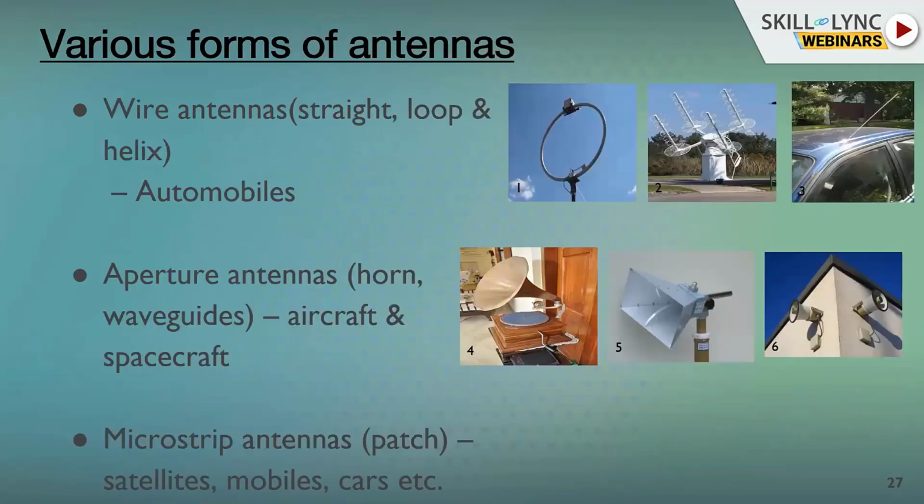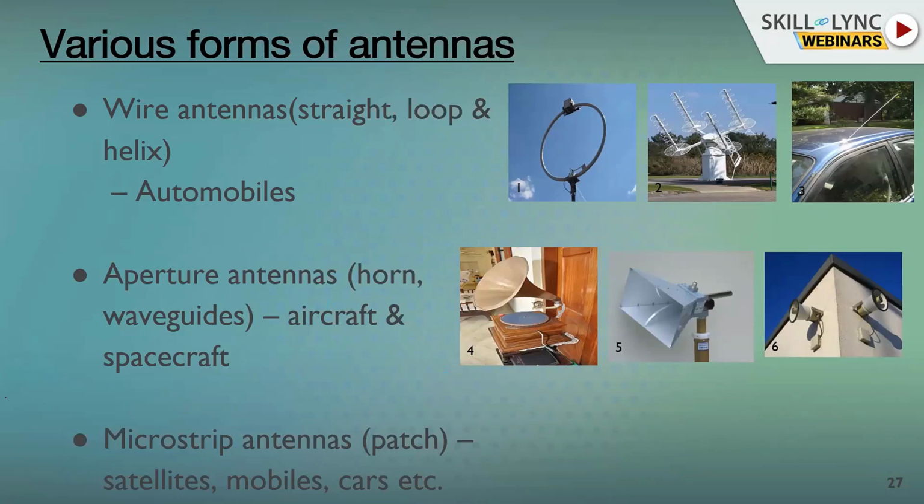And now come various forms or types of antennas, right? So initially it started with the wire antennas. Initially they designed the Hertzian loop. You might have heard of the Hertzian monopole, Hertzian dipole. That was the first antenna design, and it was experimentally demonstrated. Wire antennas include the loop, helix, and dipole, or half-wave dipole or monopole.